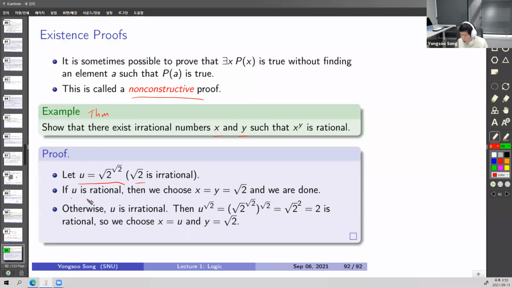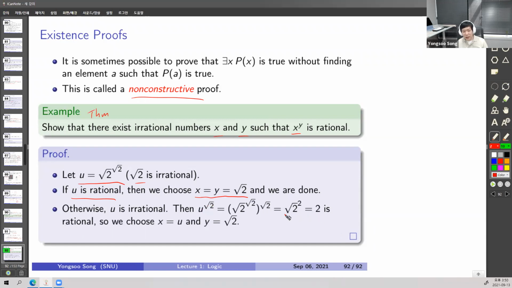If u is rational, and we don't know if u is rational or not, but if u is rational, then we already proved this theorem because we can set both x and y as the square root of 2, and the square root of 2 is irrational. So we are done. But otherwise, if u is irrational, then